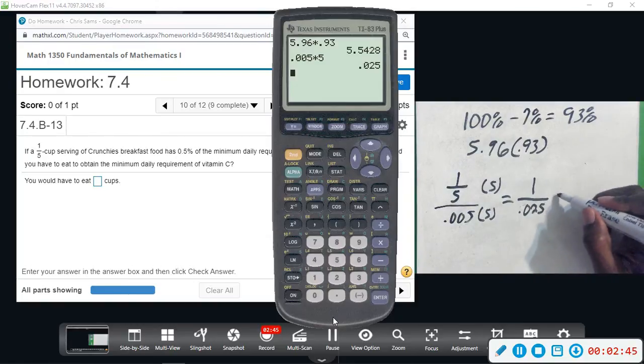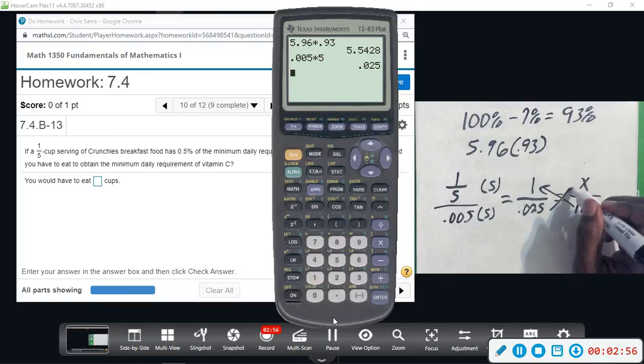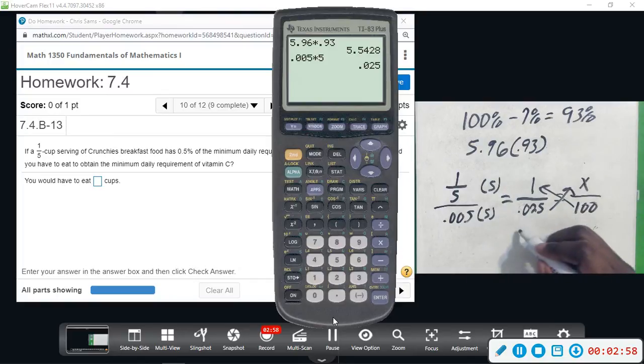We want to know how many cups would we have for 100%, because that's the daily amount. Daily amount is 100%. All right, so we're just going to cross multiply and solve. So we'll get 100 is equal to the 0.025x, and